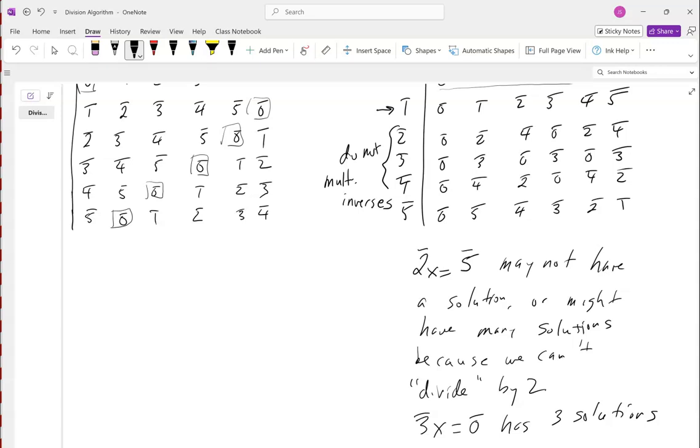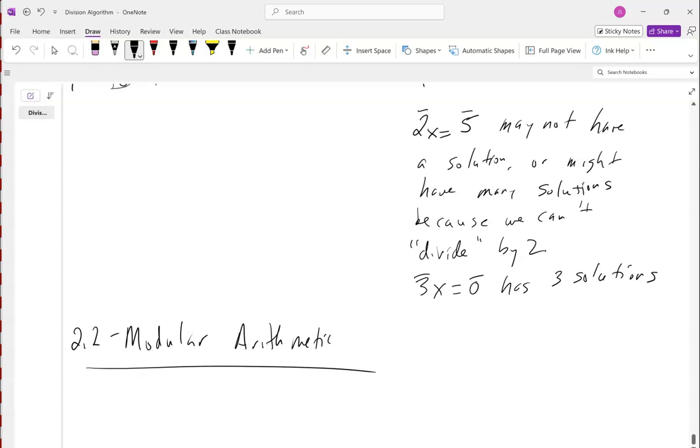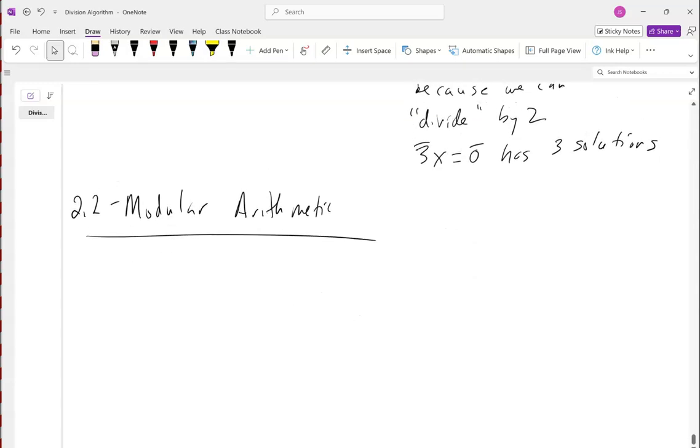All right. So let's investigate this structure a little bit more. And this is in section 2.2. Oh, we already talked about it a little bit. 2.2 is modular arithmetic. This is the name of the section. Basically, this is going to go into section 2.3 as well. But what we're interested in this section is doing exactly what we were just talking about: how we define our operations and then talk about what properties these operations have and what properties these operations don't necessarily have. Okay? So when we define addition,